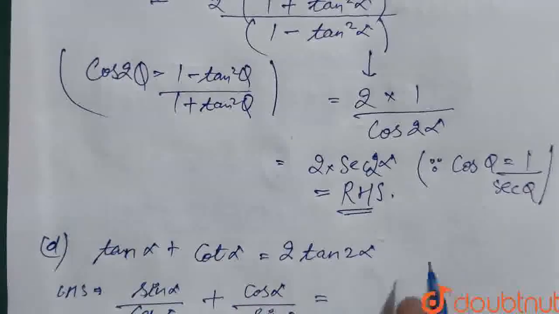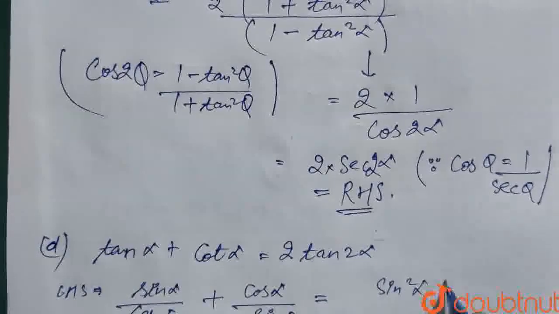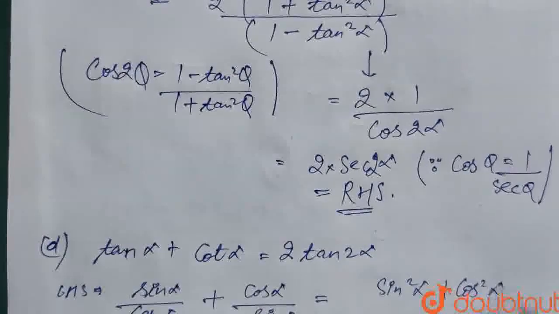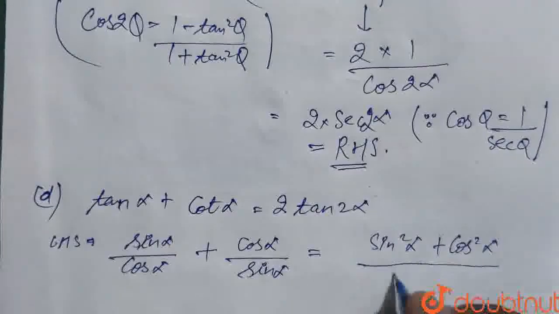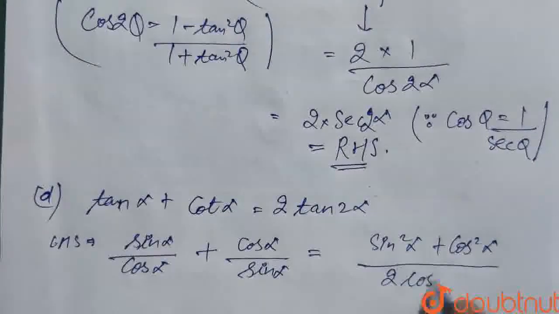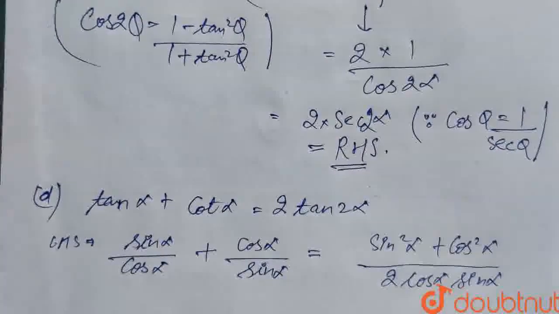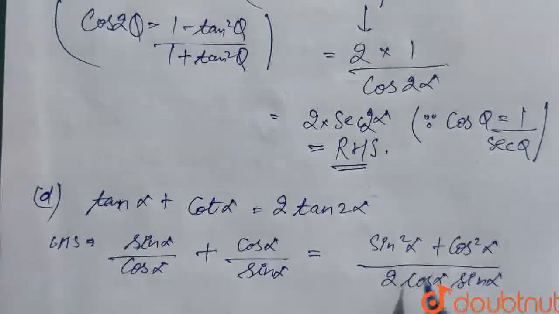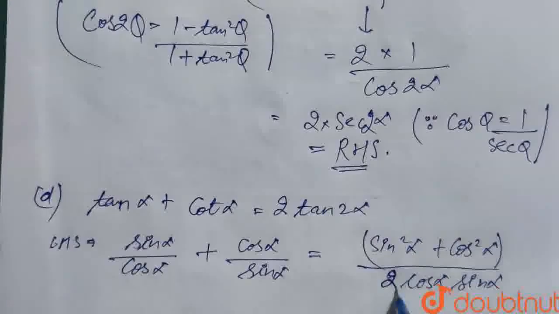Now taking LCM, we get sine square alpha plus cos square alpha, and in the denominator we get cos alpha sine alpha. Now multiplying and dividing by 2,